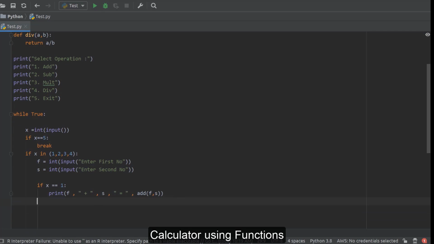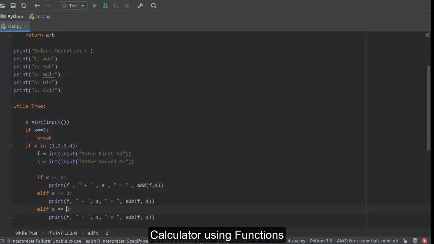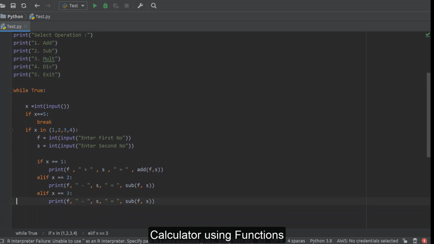Okay, so you can go with the elif option. If X equal to 2, we'll call the same code again. This time we'll go with the subtract function. Okay, we'll copy this elif once again. X equal to 3. This time we'll go with the multiplication option.